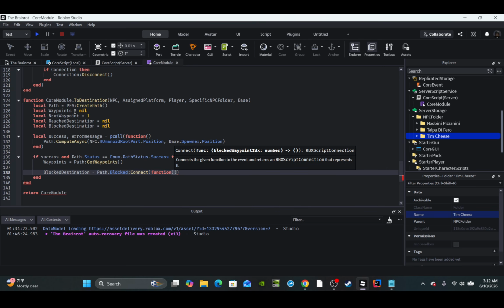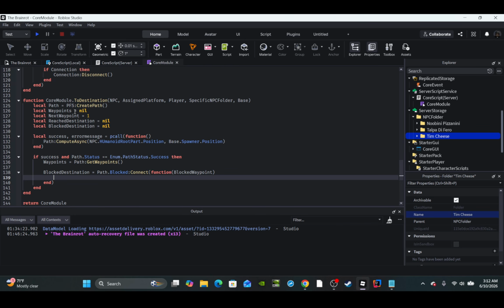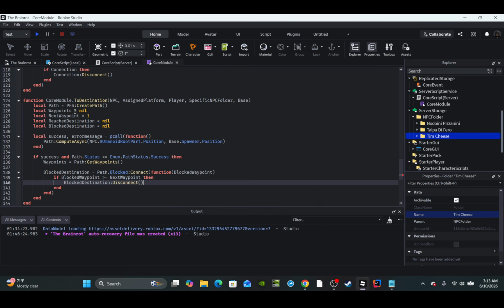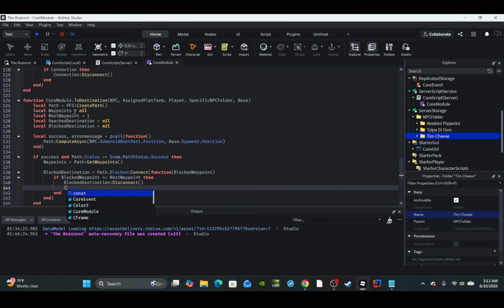In parentheses, you're going to put blockedWaypoint, enter. Then we're going to say if blockedWaypoint is greater than or equal to next waypoint, then blockedDestination:Disconnect, and then